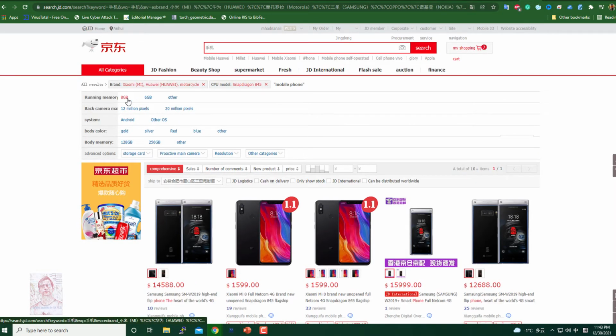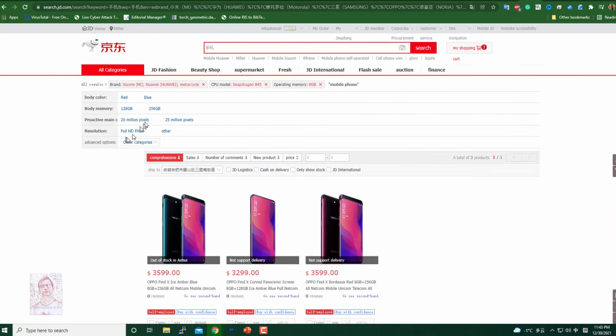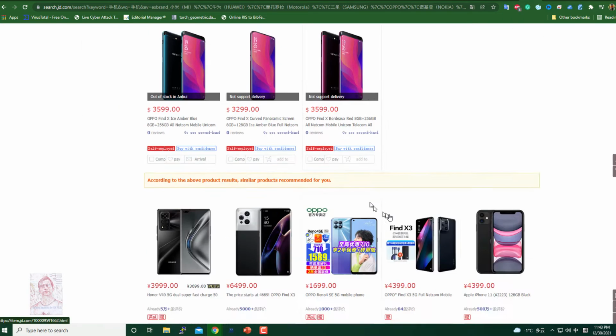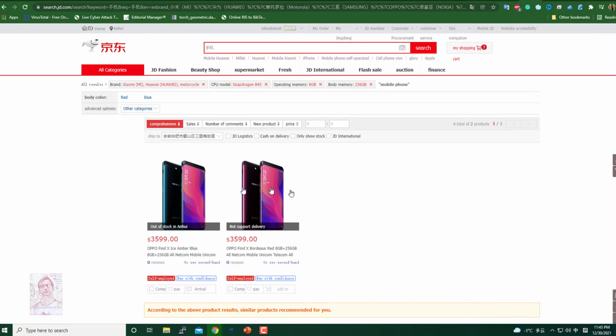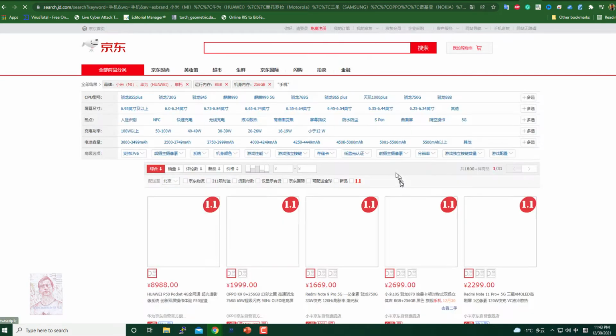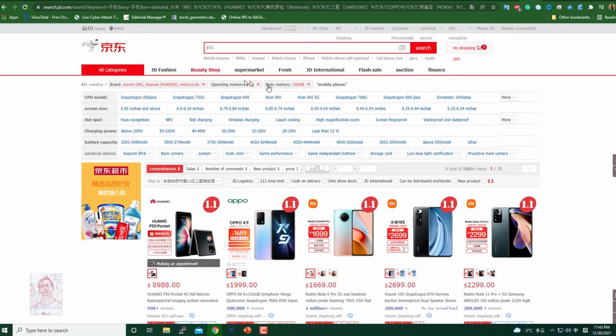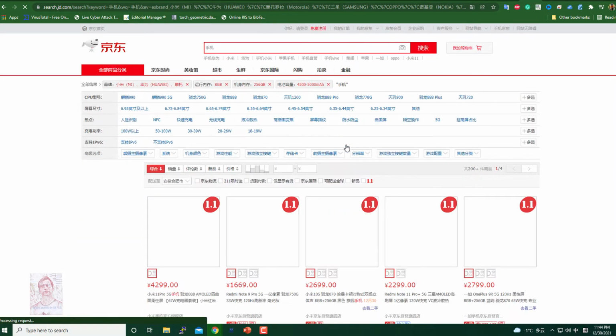So maybe I say that I need one which has the Snapdragon 845. Okay, I want to buy the 8 GB, and then maybe the 256, and here we go. We have only 2 mobiles with these specifications and they are already out of stock. So let's skip this one, Snapdragon. Okay, other options are already clicked, so maybe I select the battery life,